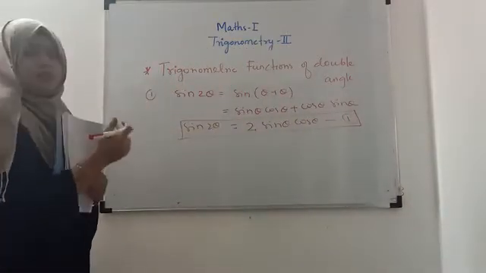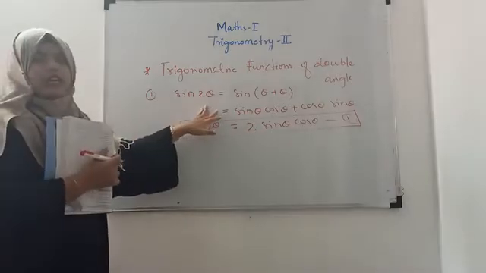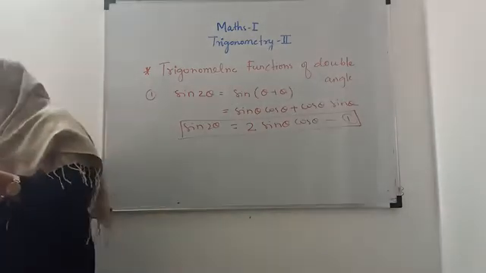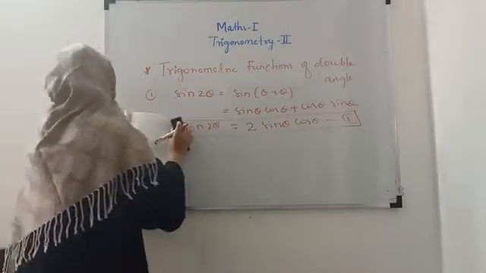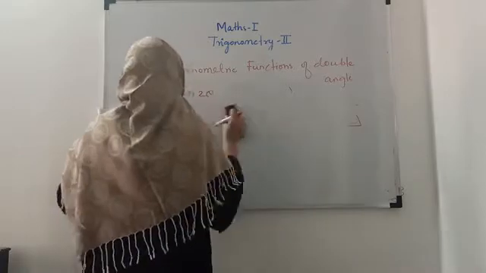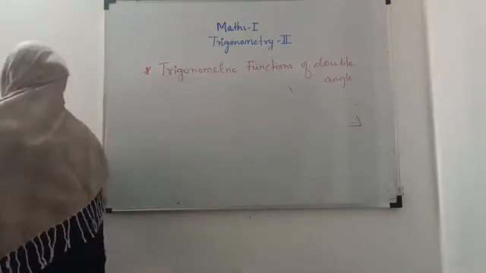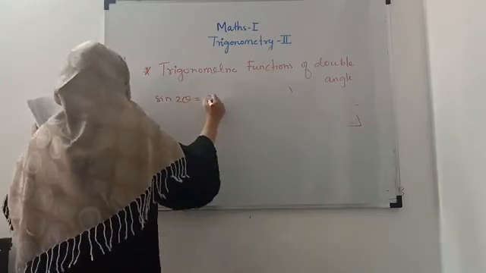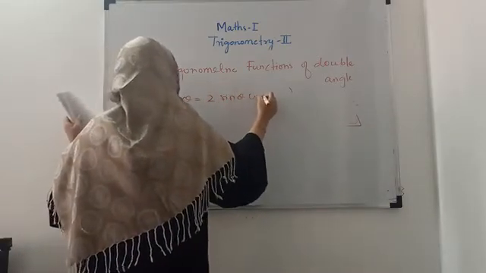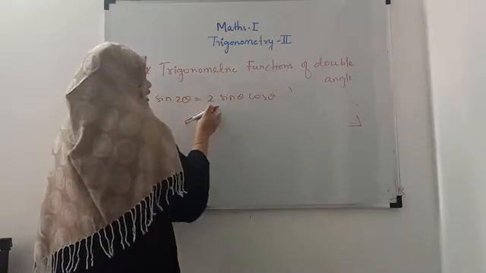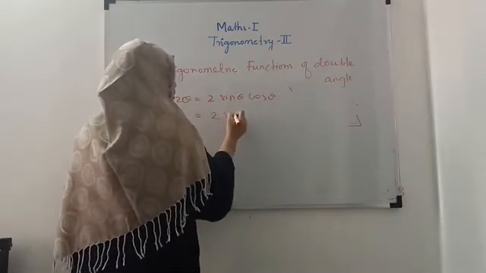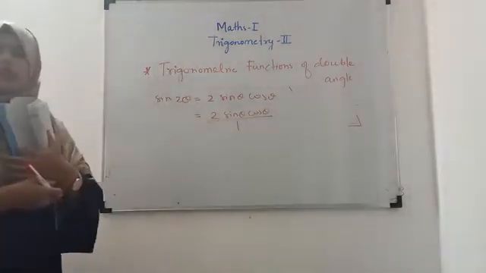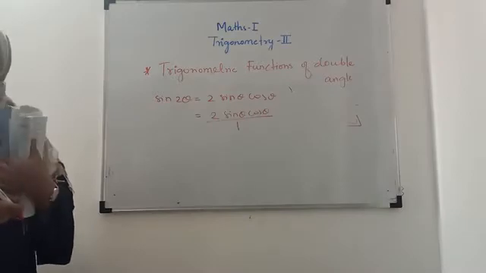Now we will prove the second formula, which is sin 2 theta is 2 tan theta divided by 1 plus tan square theta. We will prove that formula with the help of this first one. So just now we have got sin 2 theta is equals to 2 sin theta cos theta, right? Now this can be written as 2 sin theta cos theta. Right now there is nothing in the division, which means I can write 1 here. I can write 1 in the denominator, right?